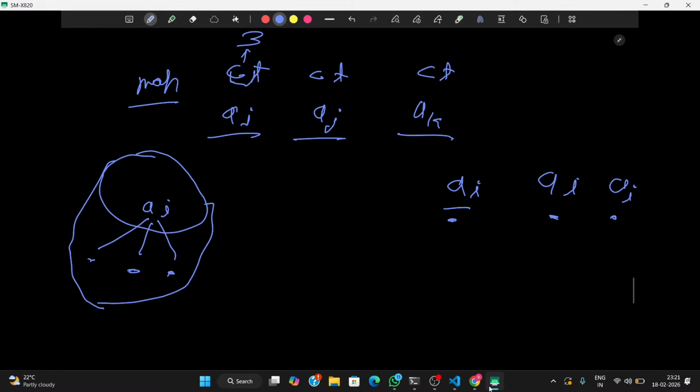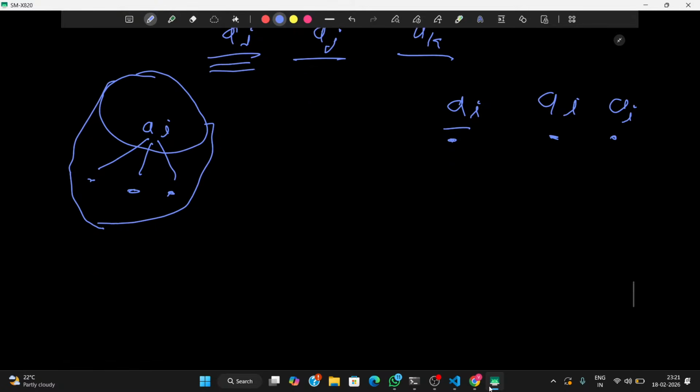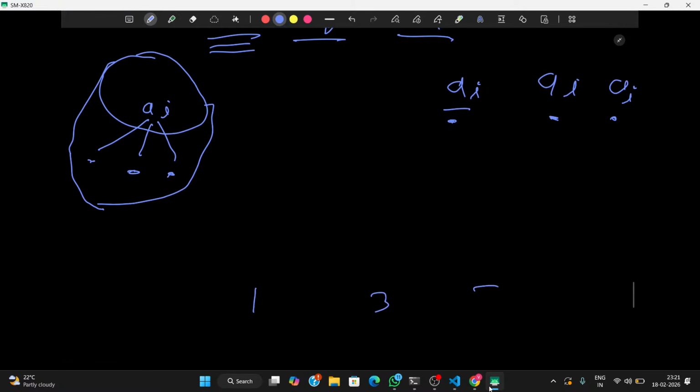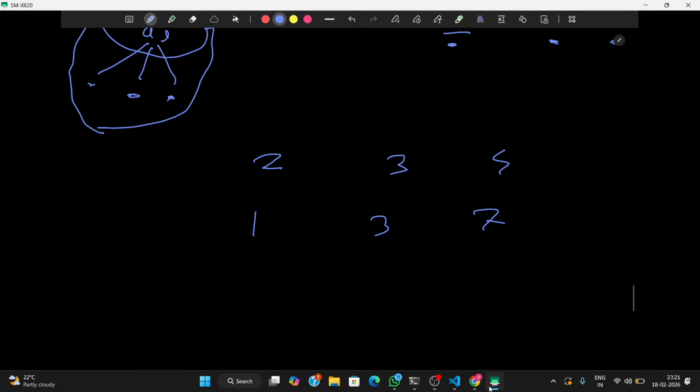So what we can do is take any element from the map that has some edges, right? Suppose in the map there was one, then there was three, then there was seven, and one has two occurrences, three has three occurrences, seven has four occurrences. So what we can do is